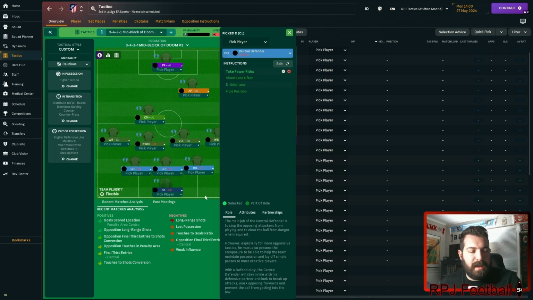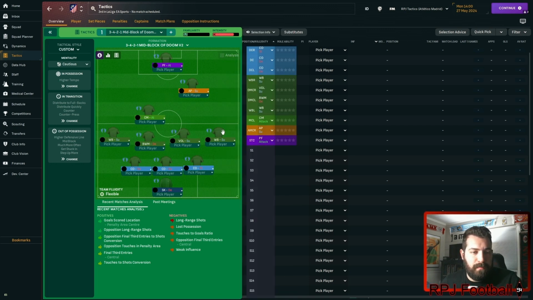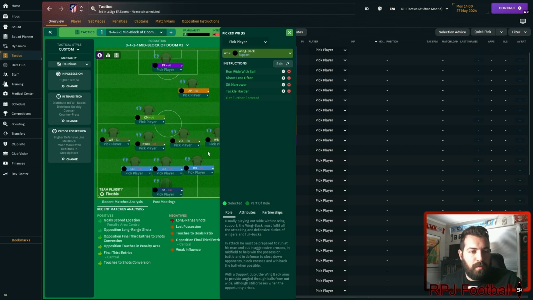The left center back is take fewer risks, essential defender on defend. Same exact thing for the middle defender. The right center back is a center defender on stopper, but with take fewer risks as well. The wingback, which is the right wingback on support, is run wide with ball, shoot less often, sit narrower, and